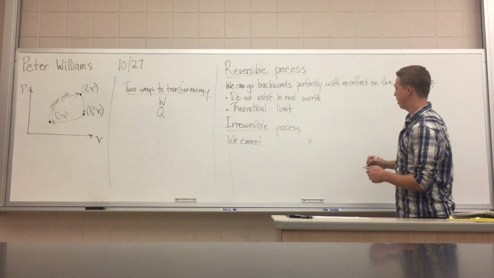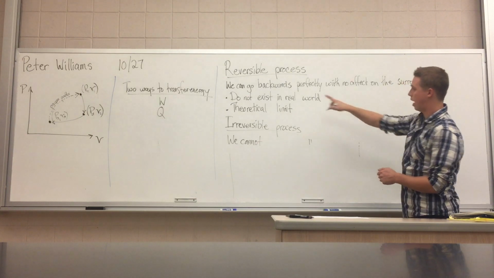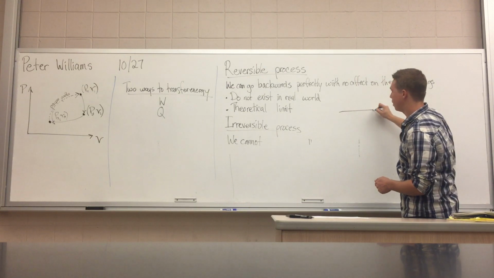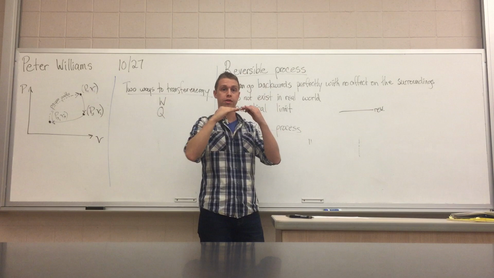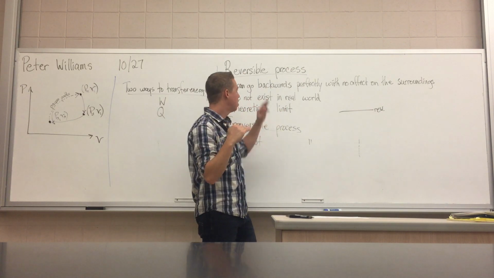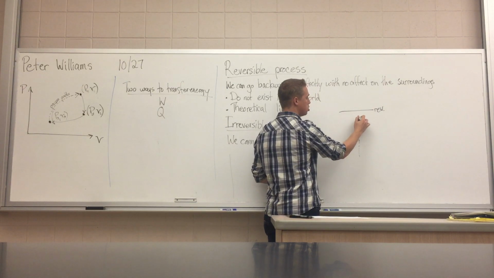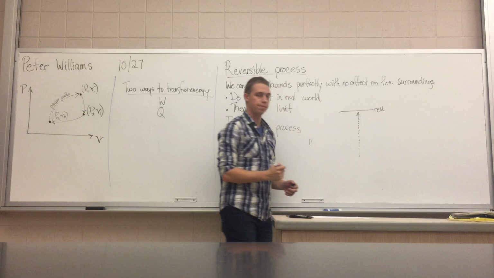So think of it like this. We're getting better and better at going backwards perfectly with no effect on the surroundings. And here's our limit, right? This is reversible. It's a hard limit of this is the best we can ever do. We can perfectly go backwards. And we can think of approaching this limit and getting closer and closer and closer, but